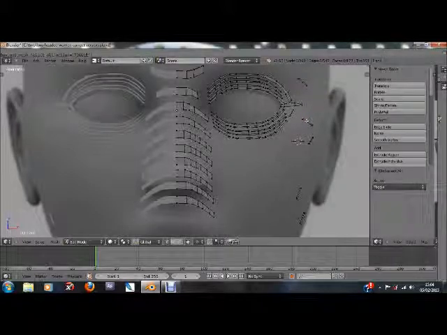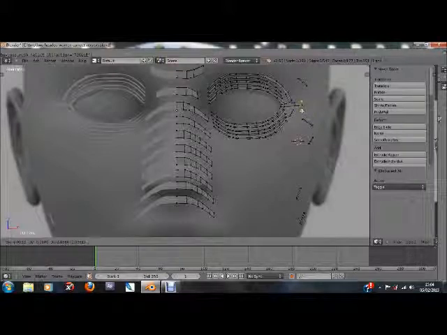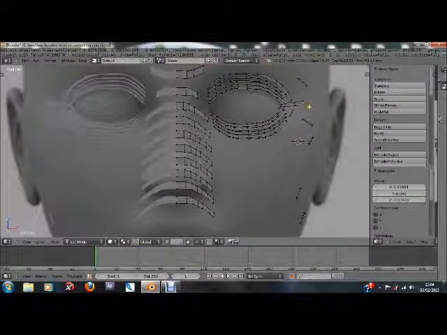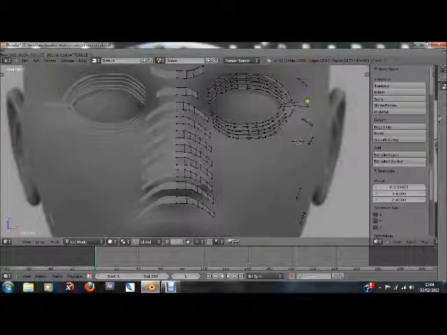Then we can grab this little point here and move that out of the way. And then we can grab that one. Move. Nothing else is highlighted. Move that out of the way. Oh, did it wrong again. Grab, pull, left click. Grab, pull, left click. So now we've got this faces going towards the ear, but they're not actually going to go